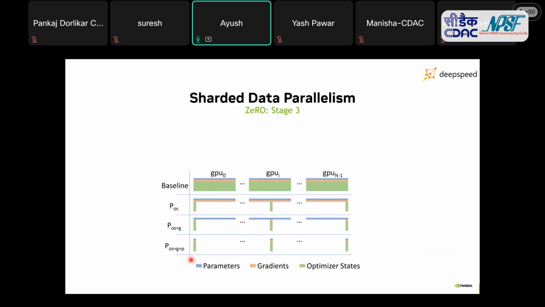You can probably train a very large model on a smaller single GPU without sacrificing too much, because otherwise you would not have been able to train the model at all. So as a consequence of this kind of sharding of optimizer states, gradients, and parameters, you are able to at least train the model,